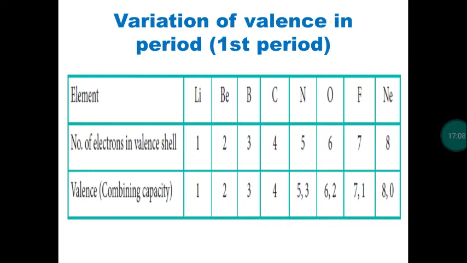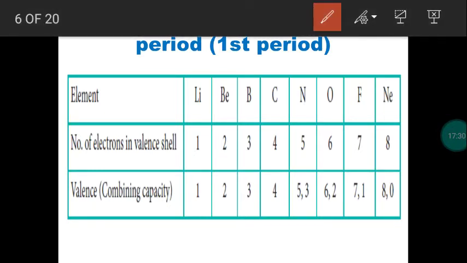So number of electrons in the outermost shell increases, thereby valency also changes. So what is the variation of valency in the outermost shell of one period's elements? Since atomic number is increased by 1 from left to right, the number of valence electrons will also increase from left to right in a period, thereby valency will also be changed. So up to 4, we take the valence electrons as such as the valency. If valence electrons are 5, we take 5 as well as 8 minus 5, which is 3. So valency will be changed for elements in a period.